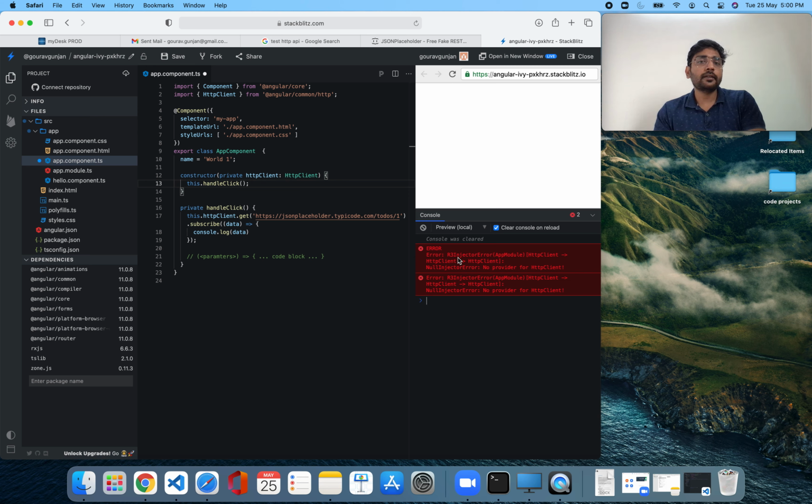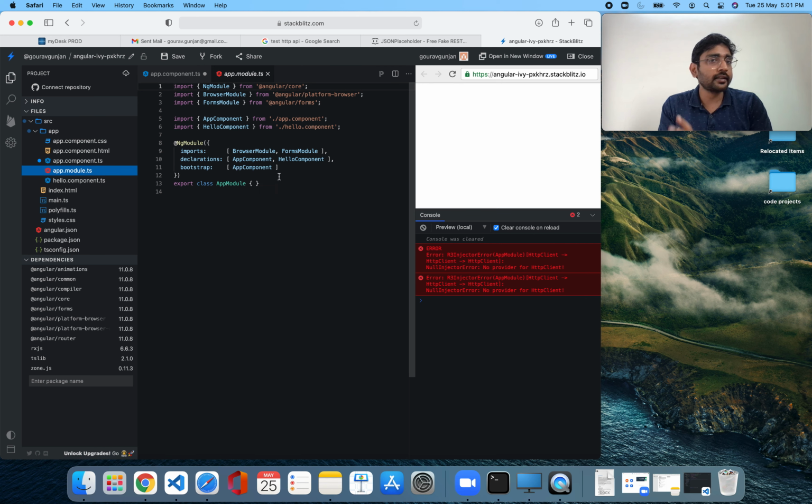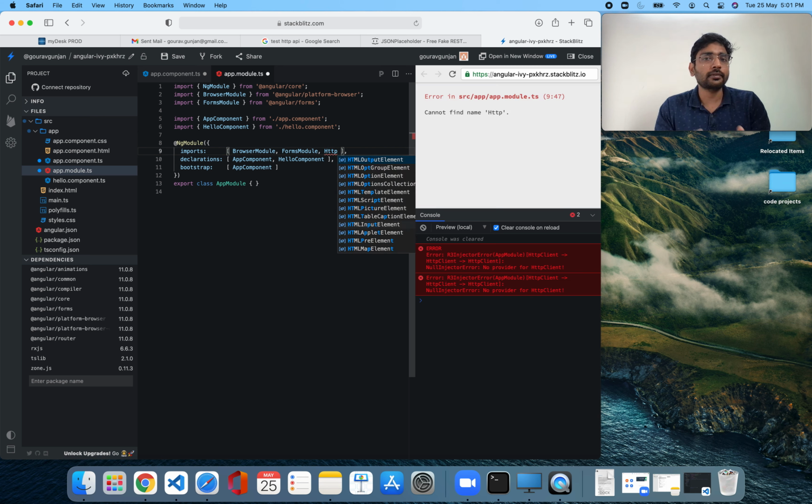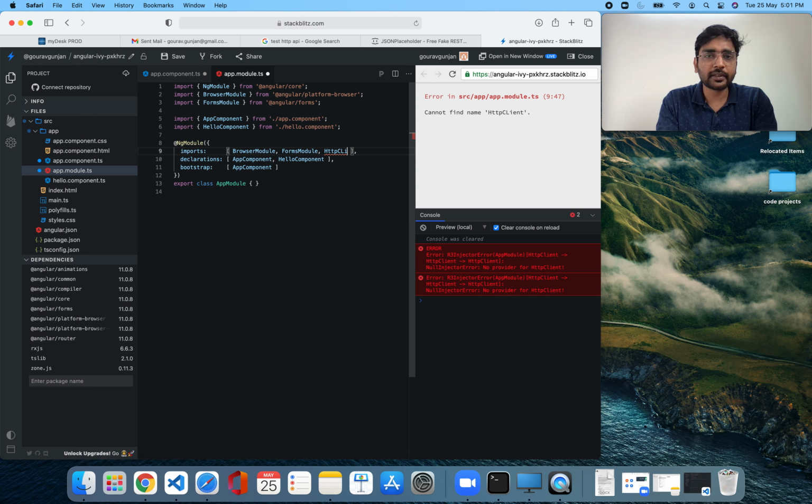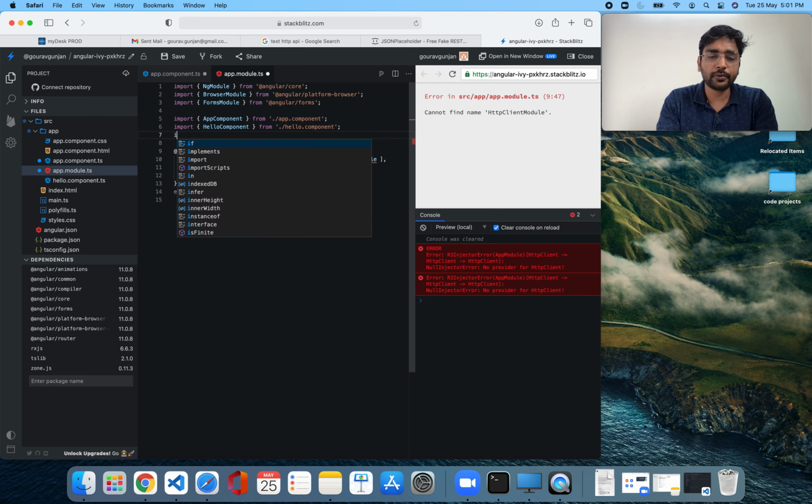Now for dependency injection to work, for HTTP client to come into your project, or for Angular to understand how to inject it in constructor, you need to declare that you are going to use HTTP client in some piece of your code. Where do you do those things? That is in an Angular module. I think you guys know that mostly. Sorry if I am repeating those, but just to keep it simple, just to explain each part of it, I am explaining these all things. So we'll say HTTP client module. I'm not so sure what is the name of this. Let me first import it.